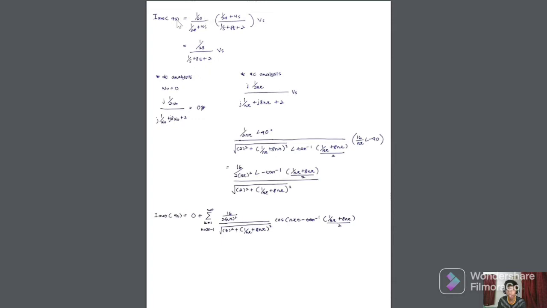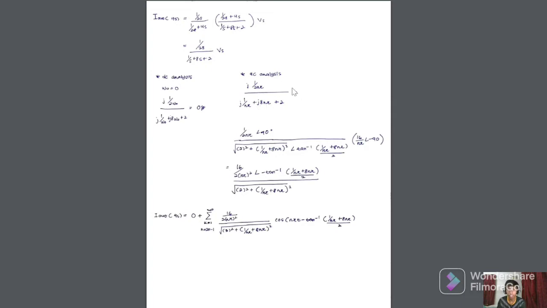So this is what we got for I out for s, which is 2 over 2s divided by 1 over s plus 8s plus 2 multiplied with Vs. So the same analysis for DC and AC, we just use a formula, where for DC analysis, w o equal to 0. So we got 0 current for DC,